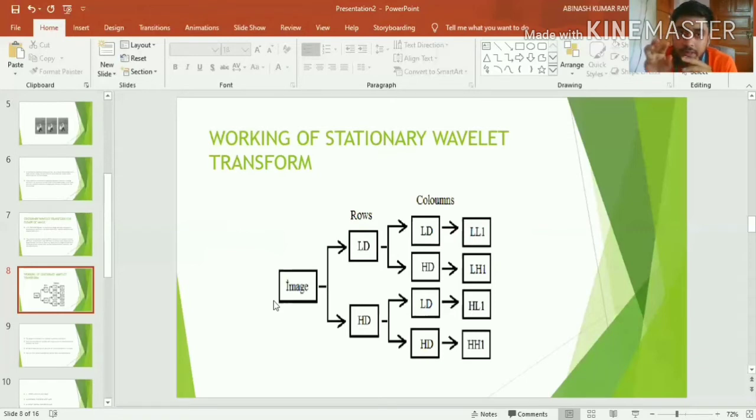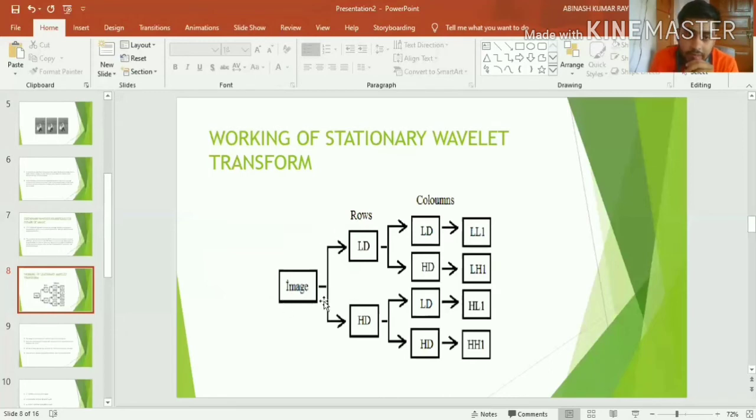I forgot to mention about the filter. Basically, our image is 2 dimensional, and the filter is 1 dimensional. So we have to apply the filter over this image to transform it. We cannot apply it directly to the whole image, as it is 2 dimensional and the filter is 1 dimensional. So either we traverse in row wise order, or we traverse in column wise order, or vice versa. We can do either, so we'll be using it like that.